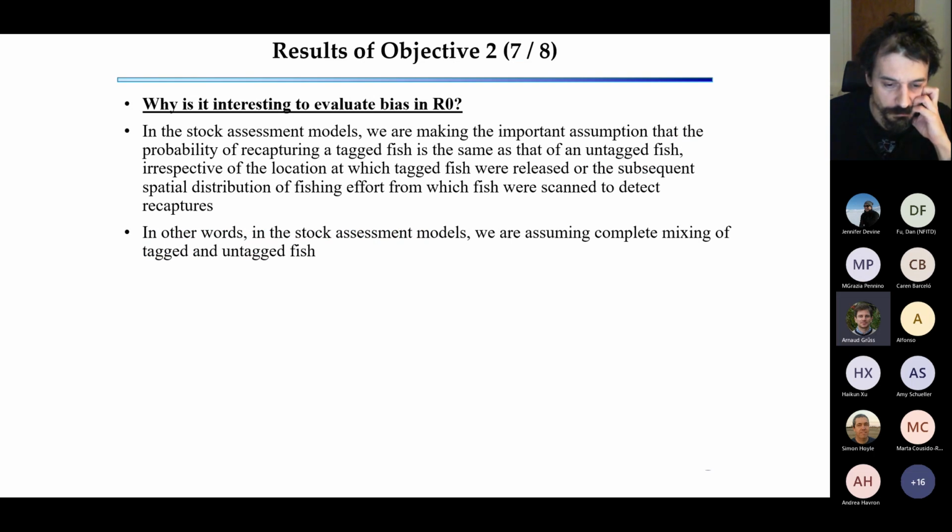And so it's interesting to evaluate bias in R0, because in area-as-fleets assessment models, we are making the important assumption that the probability of recapturing a tagged fish is the same as that of an untagged fish. And this is irrespective of the location at which tagged fish were released or the subsequent spatial distribution of fishing effort